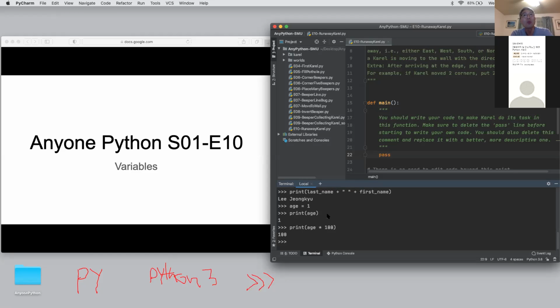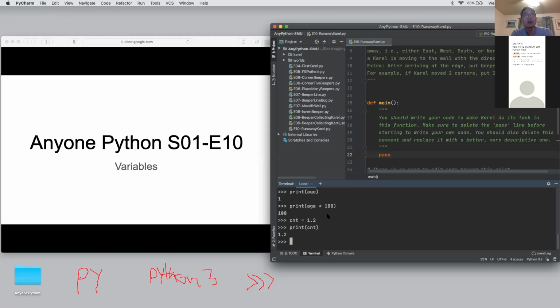It will be 100 like that. Also, you can add or delete. So you can do very nice operations with that. And also cnt is 1.2. Then you can print cnt